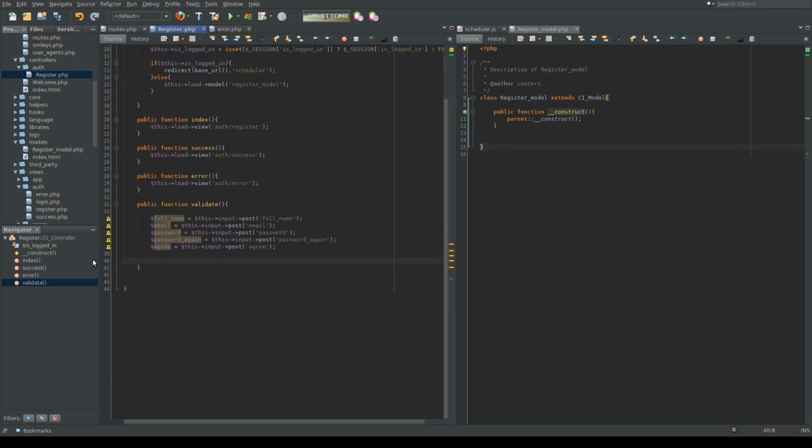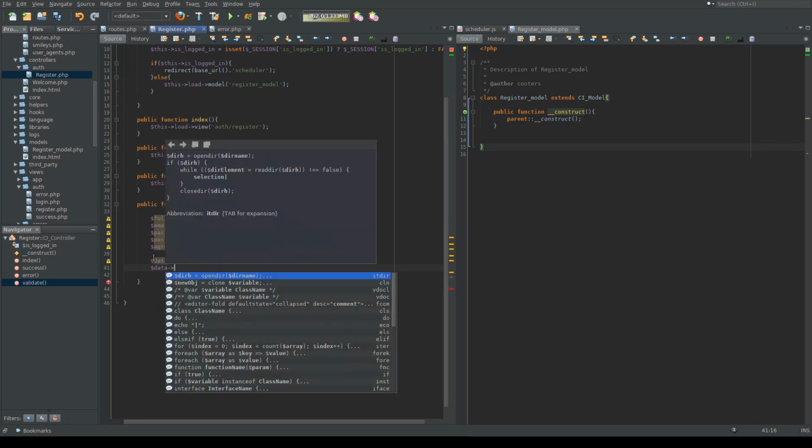The next thing we need to do is create an object to store all of these values in, and then we're going to pass them onto our model, and then we're going to get a response from the model, and we're going to check that response, and depending on that response, decide what we'll do with it. So we can just create an object just like we would an array. It's essentially the same thing. We'll just call this object data. We'll just do new standard class, and we'll say data, and we're going to say full name